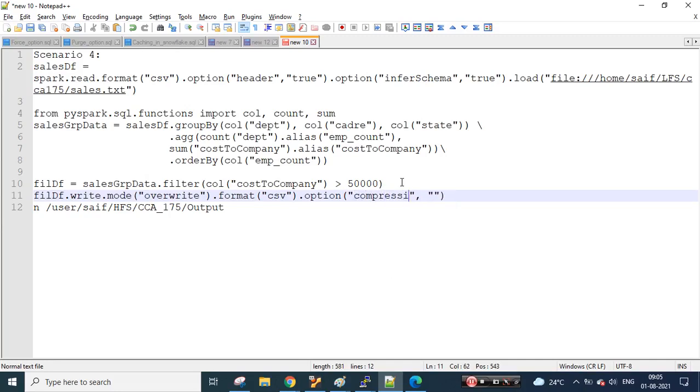So what is the compression they have asked us to do? They have asked us to do a gzip compression. So this is the only addition which you have to do. And finally I need to save the data. Where do I need to save the data? So the location is nothing but